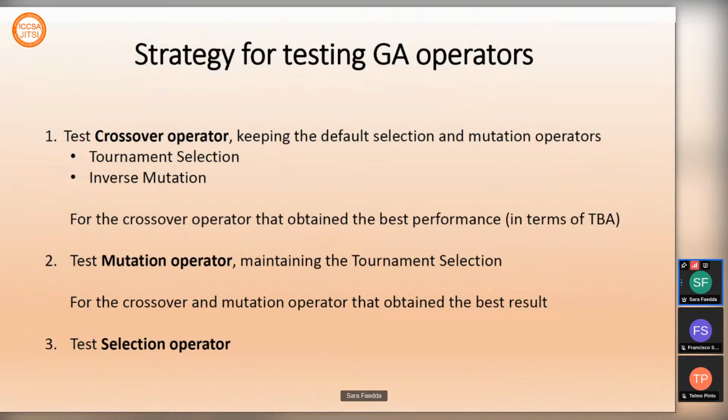mutation. So these are the default selection and mutation, and then we detect the most suitable crossover operator. Then with that crossover, we test the mutation, and we also maintain the tournament selection. And in the end, for the crossover and mutation operator that obtains the best result, we test the selection